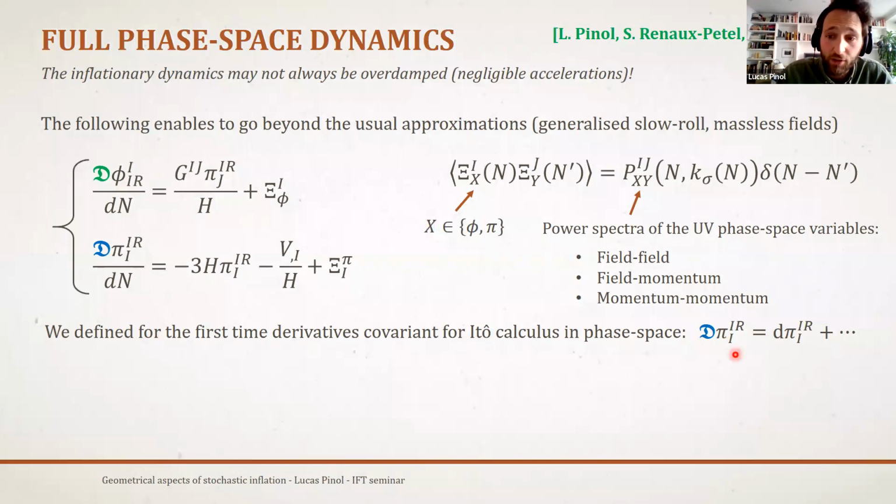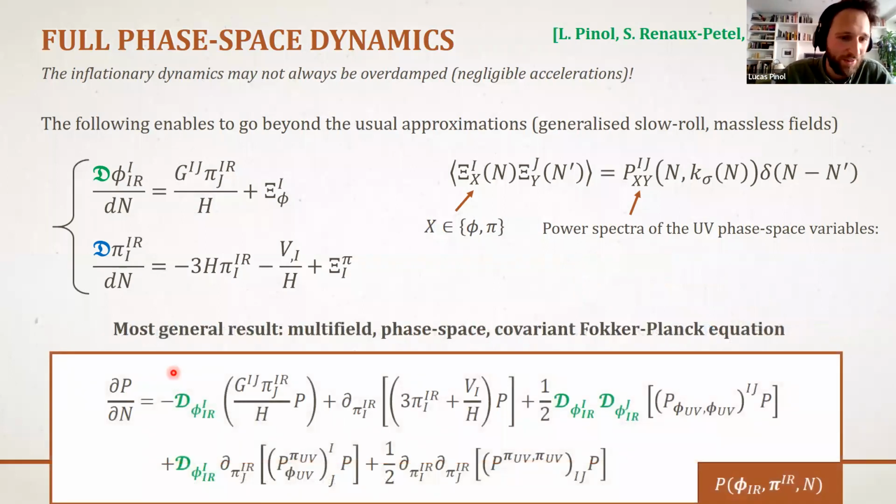And here we actually found the correcting terms that enable us to define a covariant derivative for covectors in Ito calculus. And this is something that was not even done before. I mean, it's a bit technical, but it was not even done before in the field of statistical physics. And so, which is for me maybe the most beautiful result that we were able to get, is this